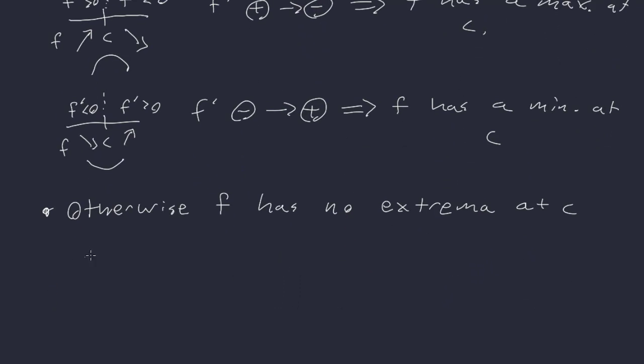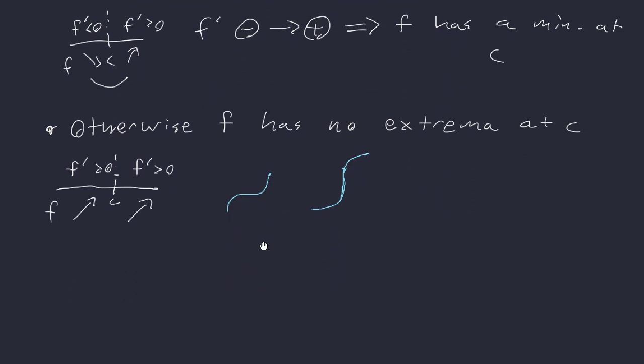So to give some examples of what's happening there, if here's our C and f prime goes from positive to positive, well, that means f is going from increasing to increasing. So some examples of what might be happening here would be like a leveling off, right? Or it could be a vertical tangent line, right? That's also possible. And you can also have it flipped around, right, to where